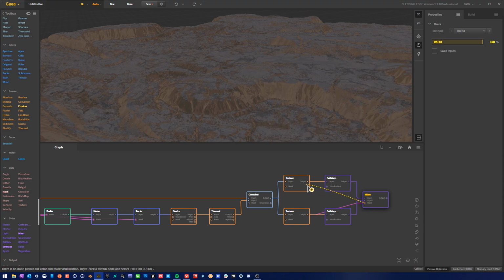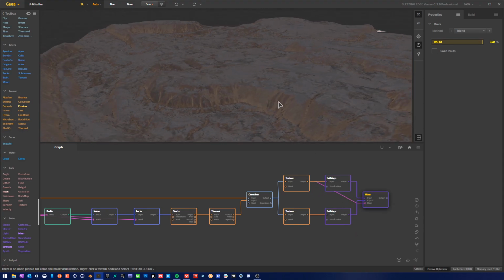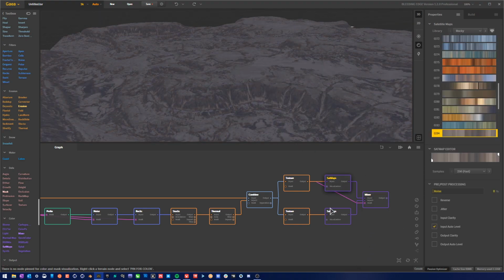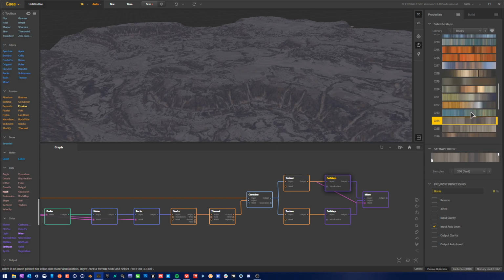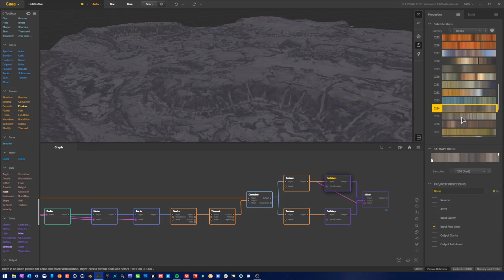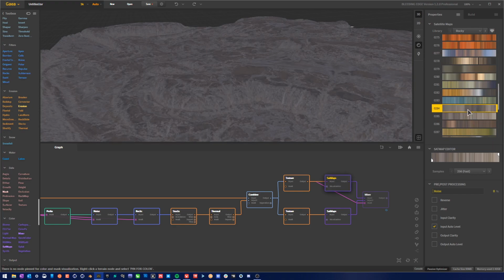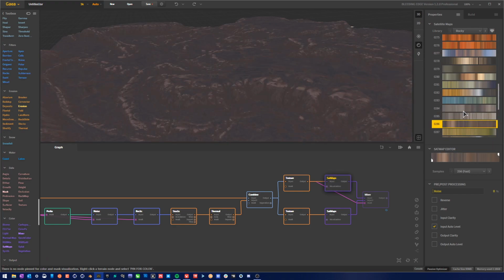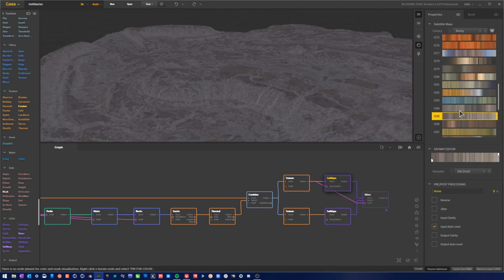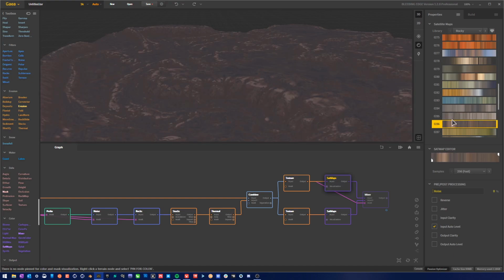So we can take the mask and combine that there, and now we get that color data coming in. Or we can just completely change the texture here. So let's find something useful or interesting, one of the two. These three right here actually mix really well together. I've used these quite a bit, 284, 285, and 286. They mix together pretty well, and I like using them quite a bit. But until I figure out exactly what I want to do,